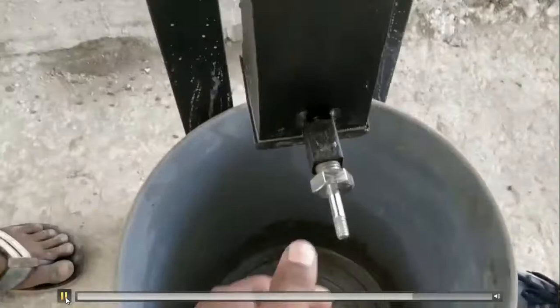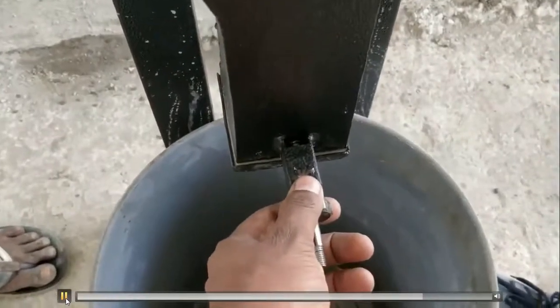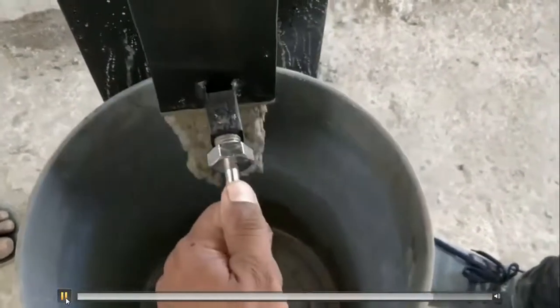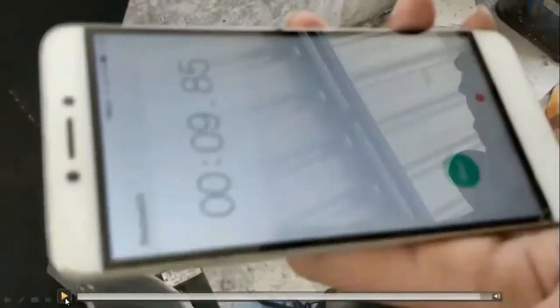Once the trapdoor is open, we have to keep the stopwatch ready. When you see from the top, you should not see any concrete present. If you see the light from the top passing through that funnel, we have to stop the test. If you see the value, it is 9.85 seconds, so it is within the limit.